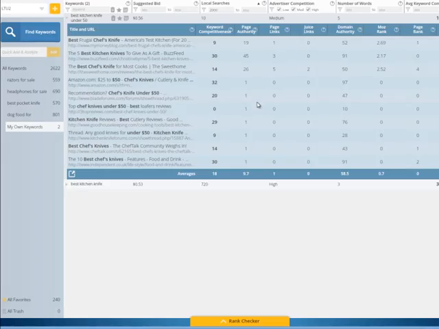They have low page authority. They're not targeting the keyword. This is an awesome keyword to target. It would be even more awesome if the search volume were higher. The overall keyword competitiveness is just 19. If you were looking to target kitchen knife keywords, you might want to say, well, how can I up that search volume? Best kitchen knife